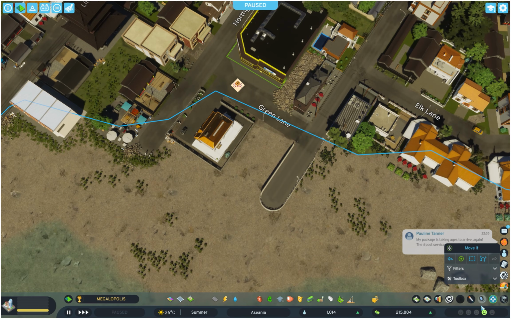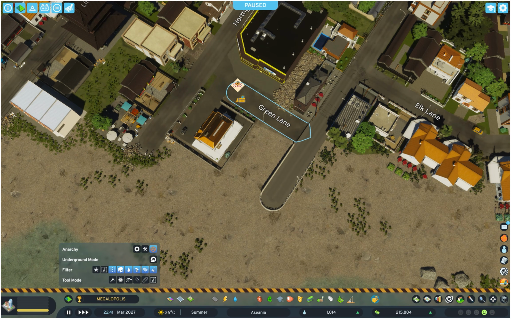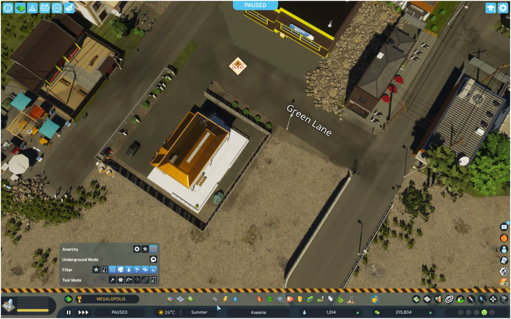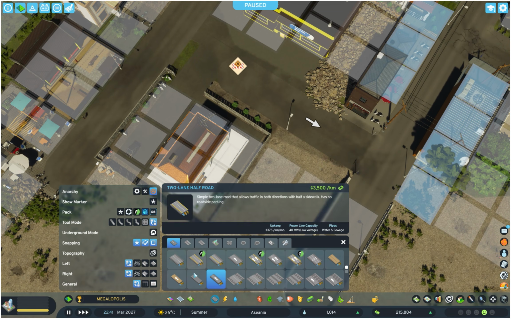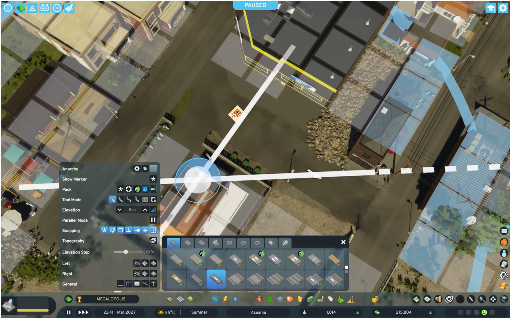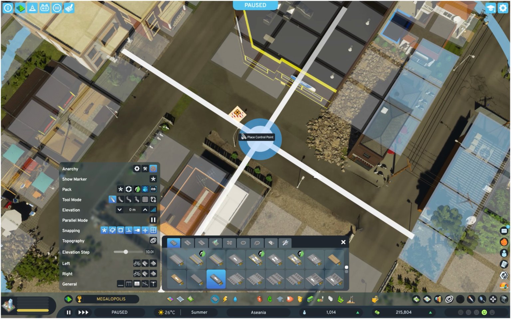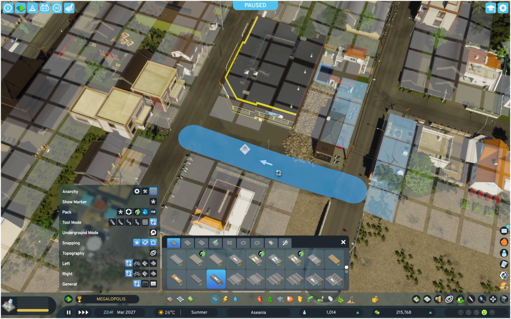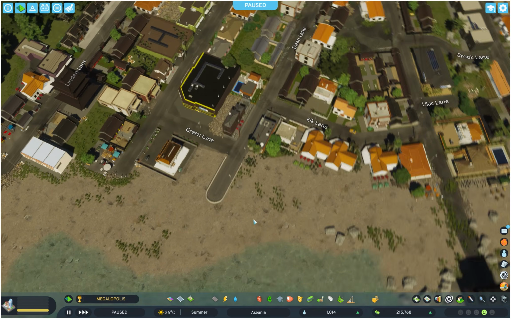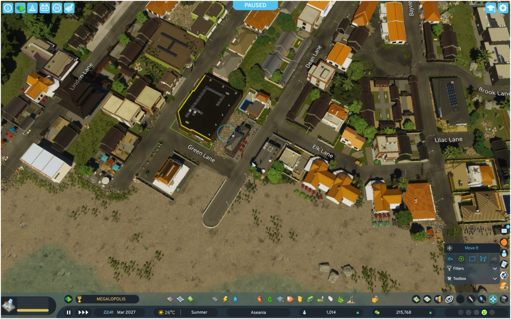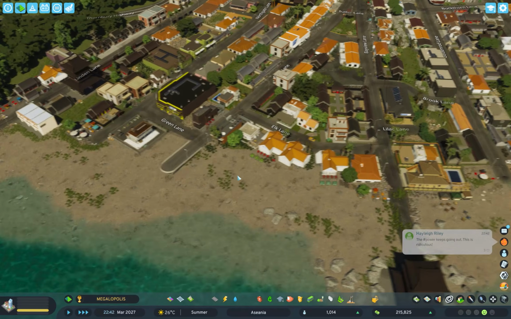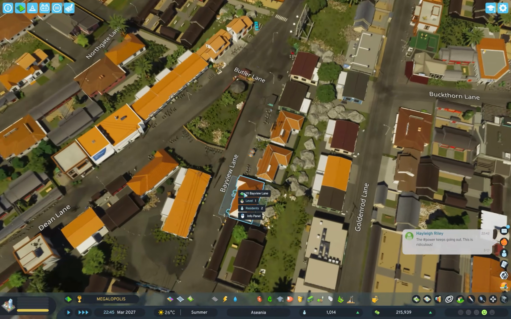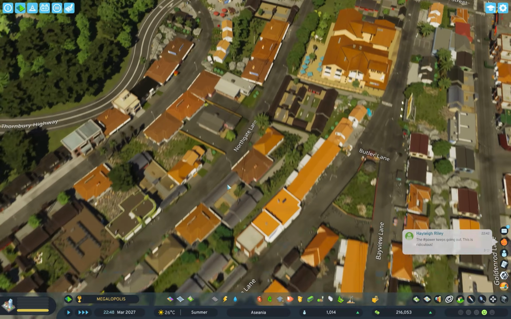What's happening here again? Ah, okay, I see. There's a piece of road missing. So we're gonna add that real quick. Up like that. Make sure it's the right way. Awesome. Put the building back. Perfect. So I think now we've created some parking zones in the streets, which is very nice,